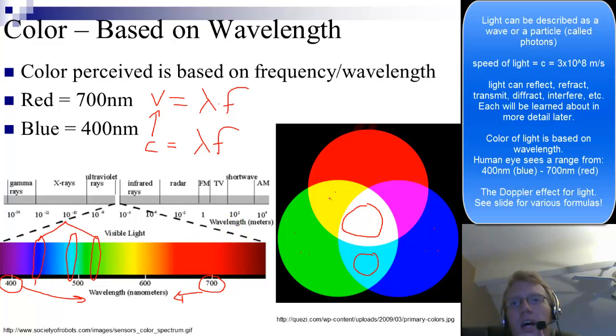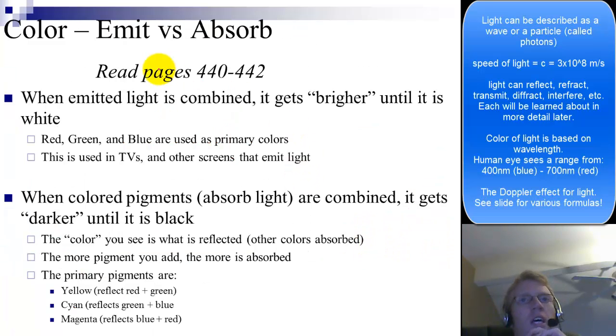You could also add yellow and blue to get white, or you could add red and cyan to get white, because the cyan itself is equivalent to green and blue. So different combinations of visible light wavelengths will lead to white or other seeming apparent colors. Okay, so